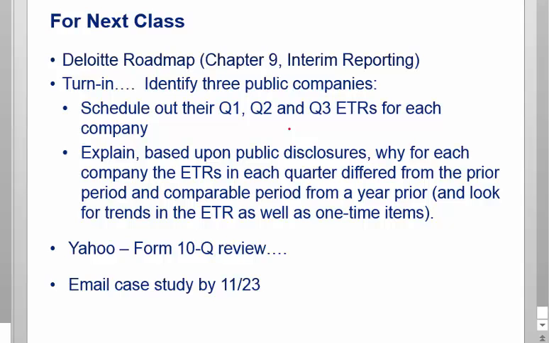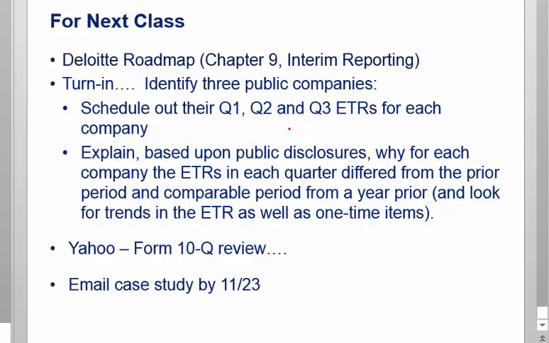And I'll explain it, but see if you can figure it out for yourself. Is it something about their business, or is it some event that happens every year, or is it something with their tax audits? What is it? It's some recurring theme every year. If their annual rate is say 35%, which is roughly what it is, their quarterly rate is not 35 every quarter, but it always ends up at 35. So the question is why? Why does it bounce around?